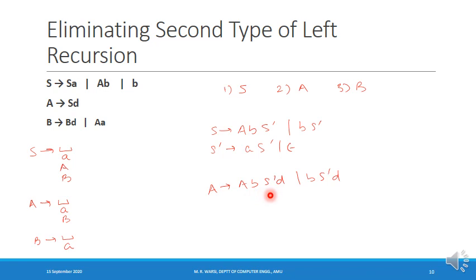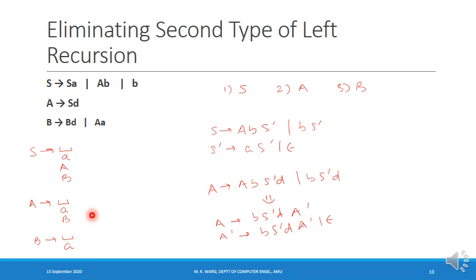For this we apply the same technique, and after eliminating the immediate left recursion, the production of the variable will become b S dash small d. Let me introduce a new variable A dash, and from A dash I have the production b S dash d A dash, and I'm deriving epsilon. After doing this, when I now examine the production of the variable capital A, it is beginning with a terminal symbol, satisfying this property. So we have now processed the production of the variable capital A.